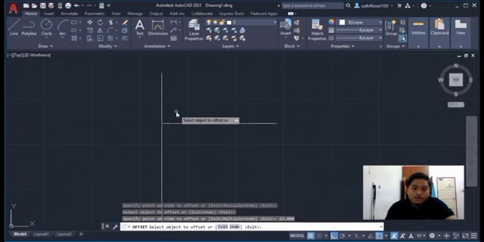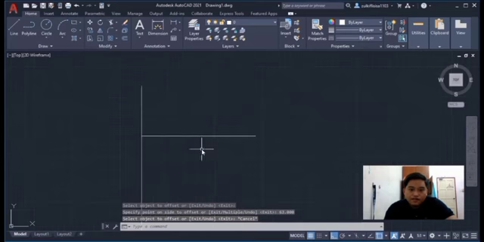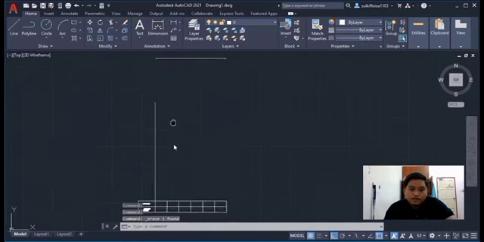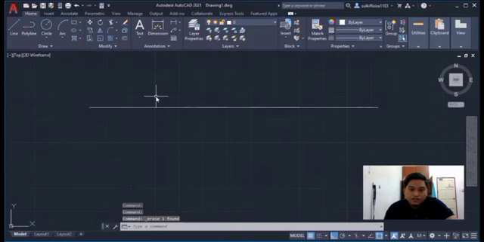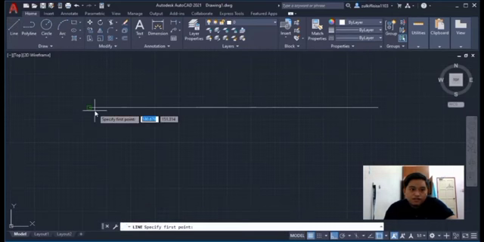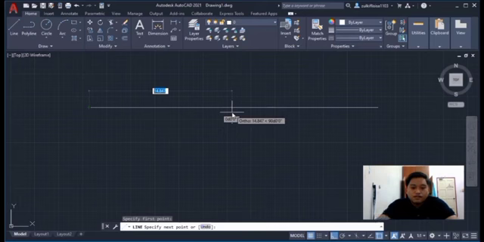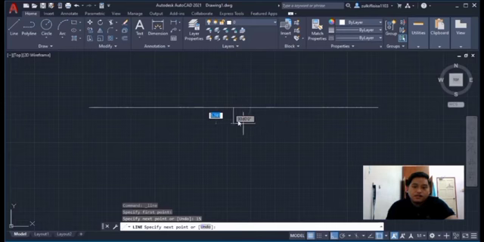So we can see the left and right roads. Erase, and then we need to know the center. We write 15, and this is the center of the left road and